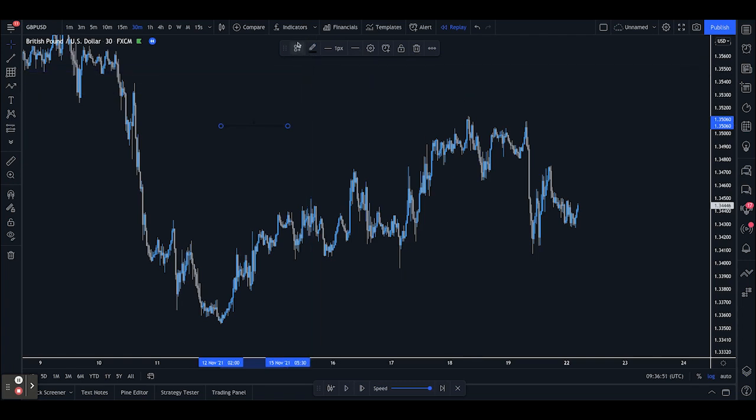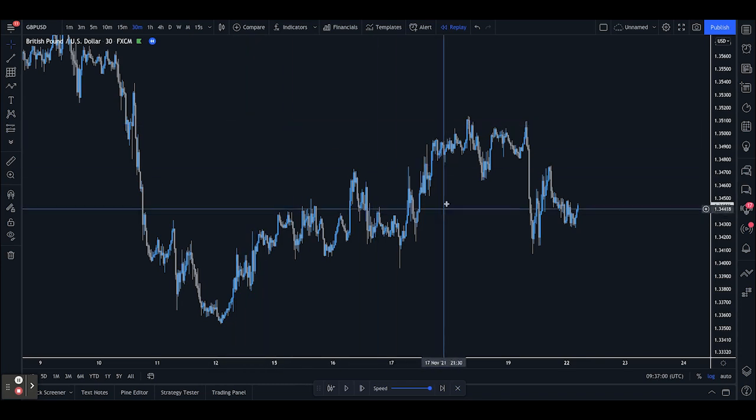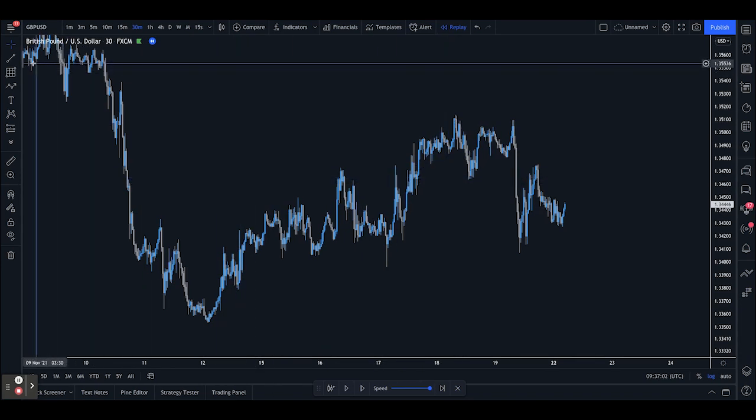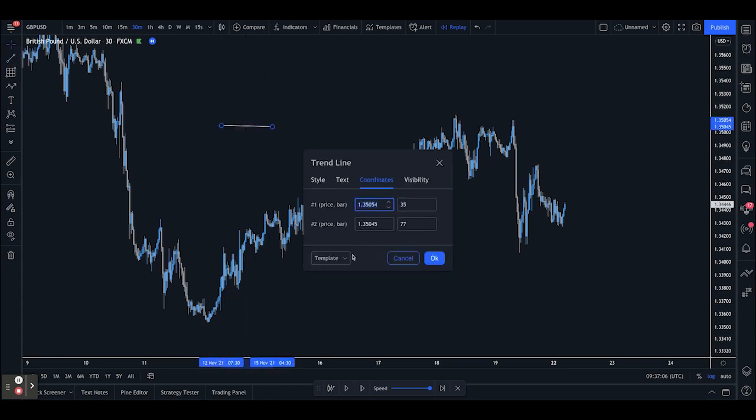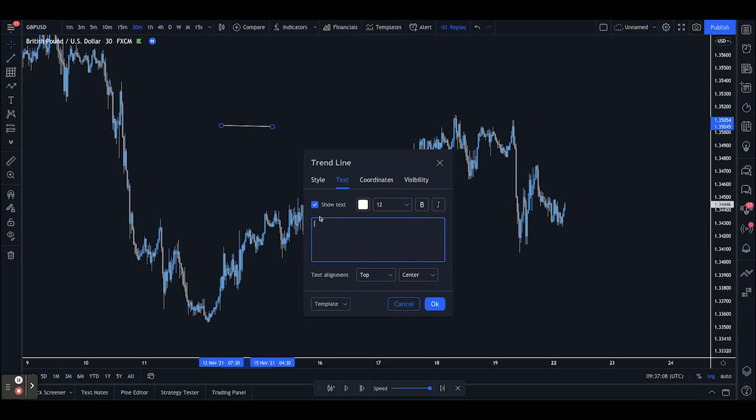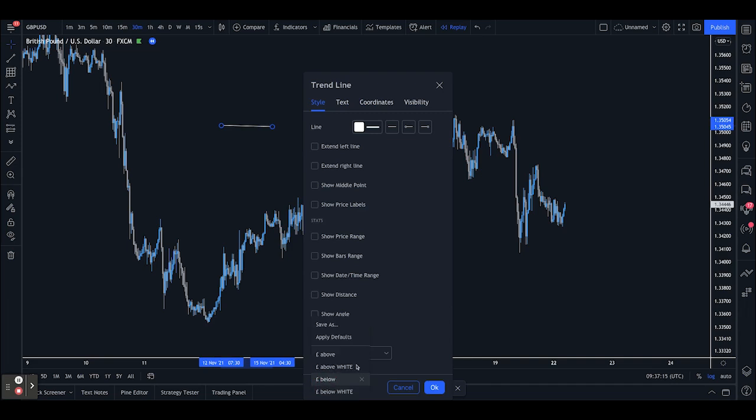So I have these settings here. I have the pound sign above in white, and then the same on the bottom as well. And this is a liquidity bar. So basically, I have this to mark out liquidity. We'll get into liquidity in a bit, but for now, all you need to do is basically create this. What you can do is just draw a trend line on, click on it, add text. You could add dollar signs or anything that indicates money. And then what you can do is go ahead and save it as a template